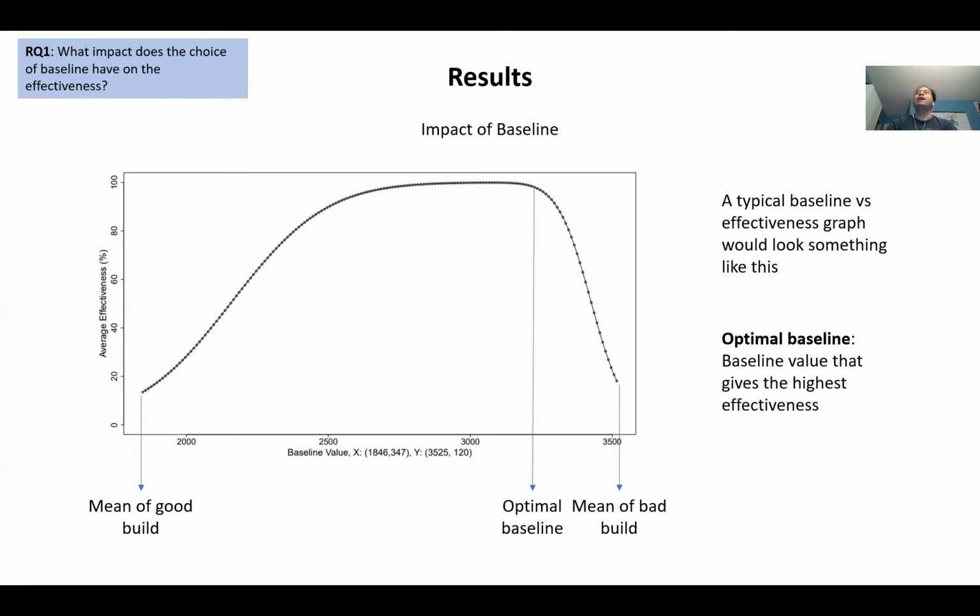Okay, and in this case, the peak, the X value for that is what we call the optimal baseline. So this is essentially the baseline at which the effectiveness is the highest. Okay, and in this case, the optimal baseline is somewhere around here. So it's a little bit closer to the mean of the bad build in this particular example here. Okay, this isn't too surprising because obviously if you try to use the mean of the good build as the baseline, you're obviously going to have a fairly low